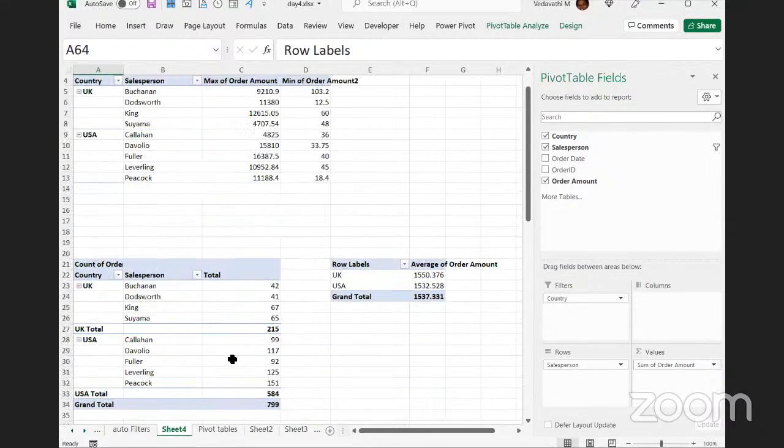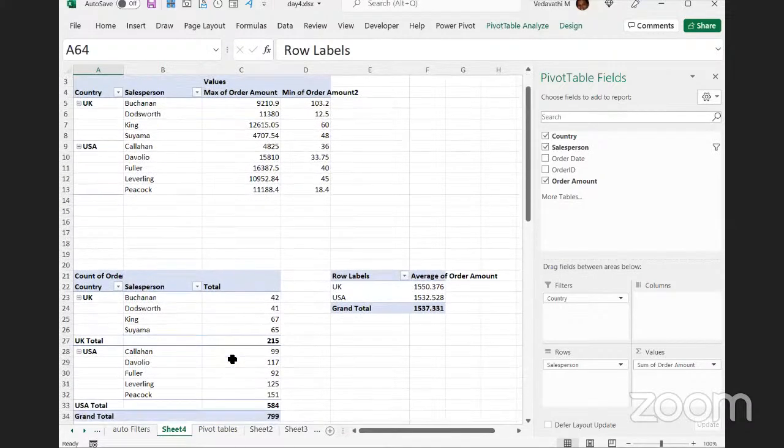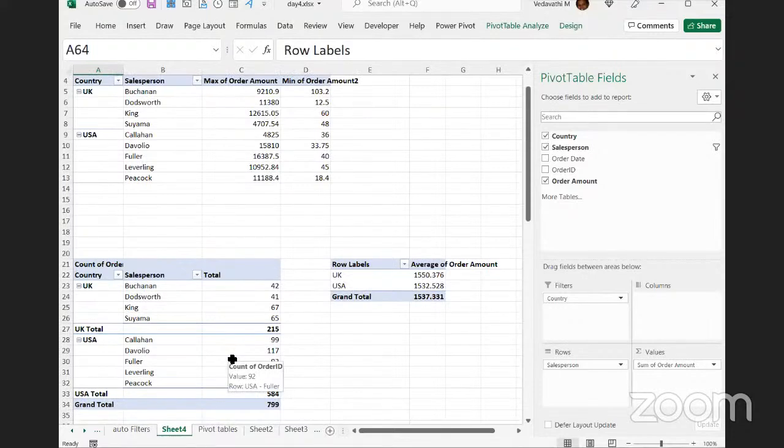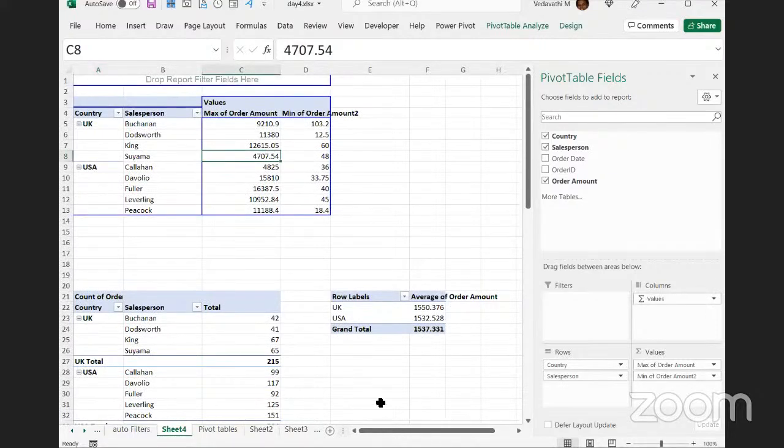Okay, I'll show you one more option, since we have a few more minutes. Guys, I'll show you one more option. Are you all ready? Okay, here, now you can see,